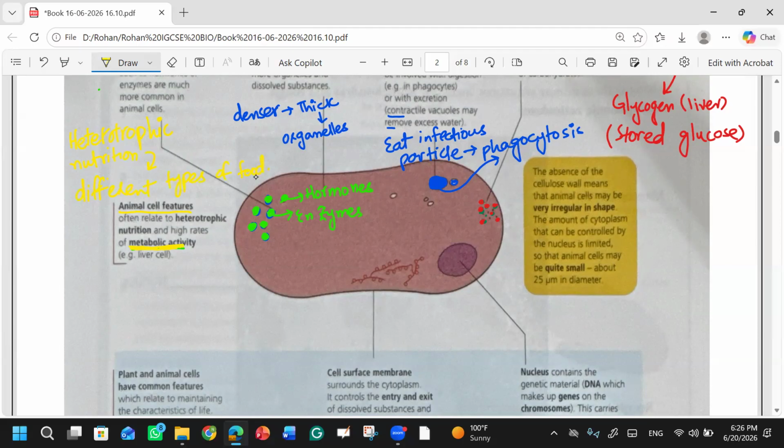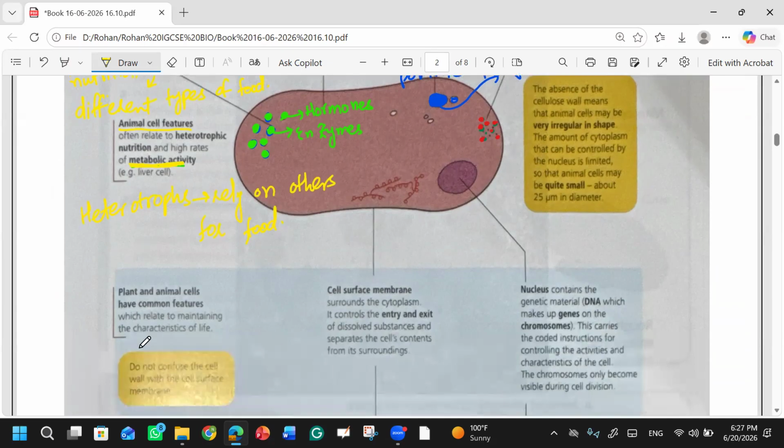And the other thing is, as I told you, heterotrophs are those which cannot prepare their own food. They rely on others for food. Clear? Yes. They rely on others for food. And now they have mentioned there is a high rate of metabolic activity within the liver,